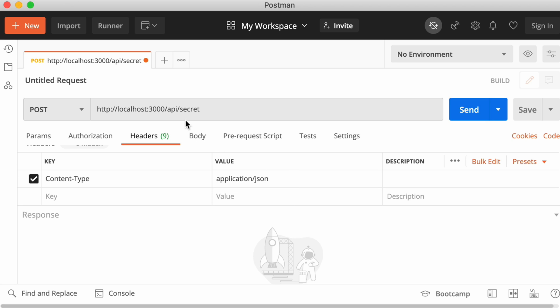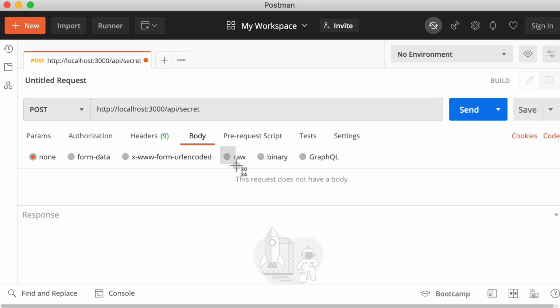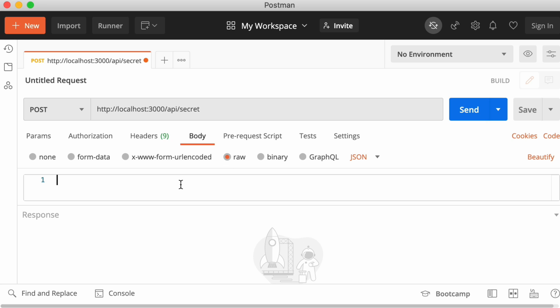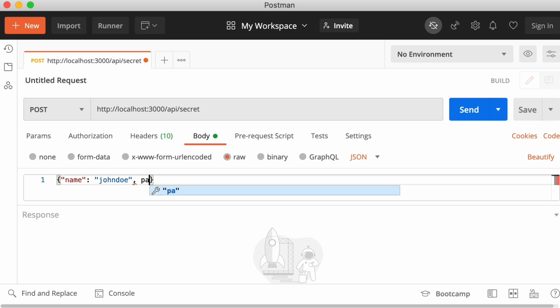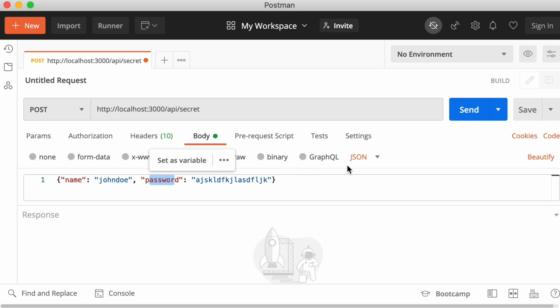From here, now we can click on body. And then let's click this raw option. And now in this area, you can just type out a bit of JSON. So let's have a JavaScript object. Let's have a property of name and set it to John Doe, comma, and then let's get the password wrong on purpose. So password, just nonsense. Oh, you can see it's underlining password. It wants this to be valid JSON, so you can wrap it around in quotes, and then you can just